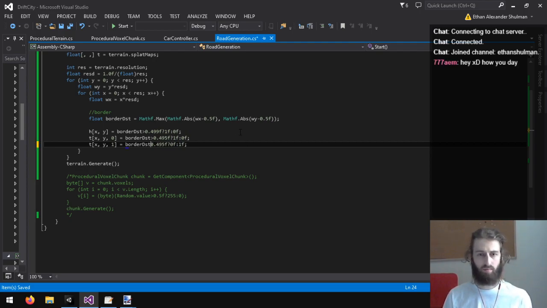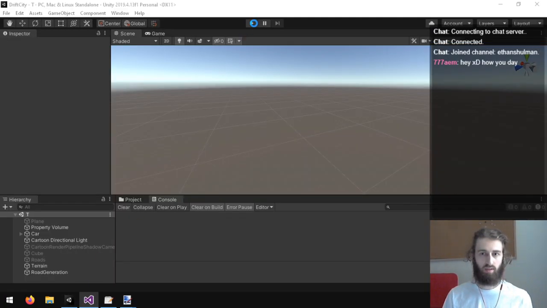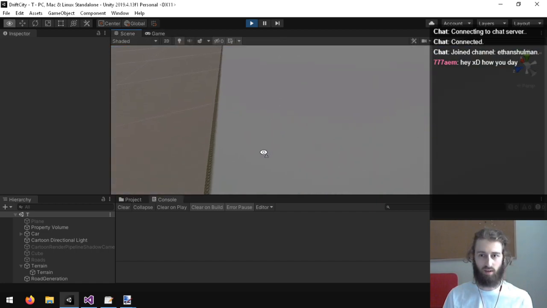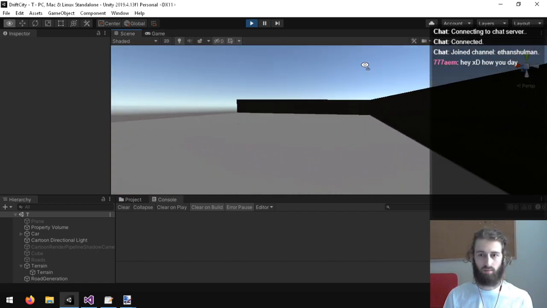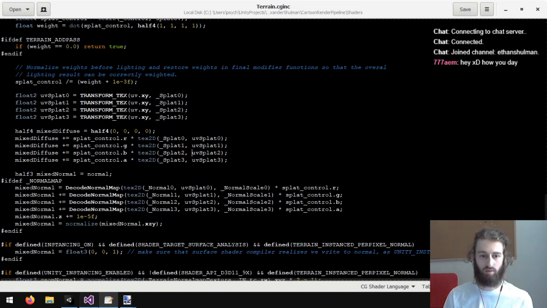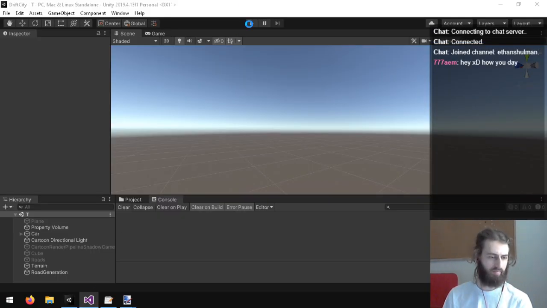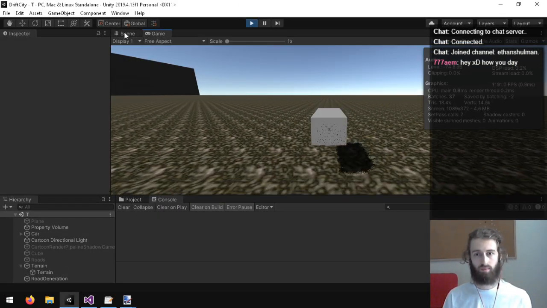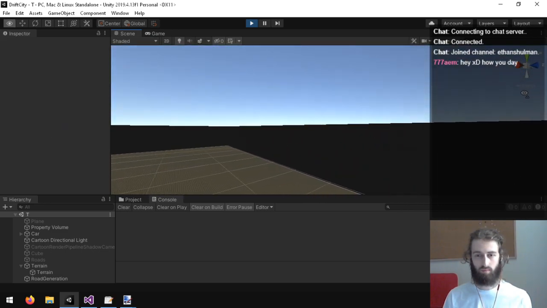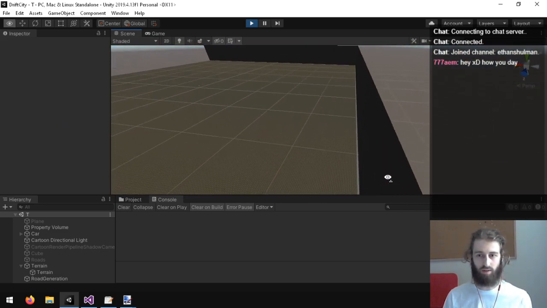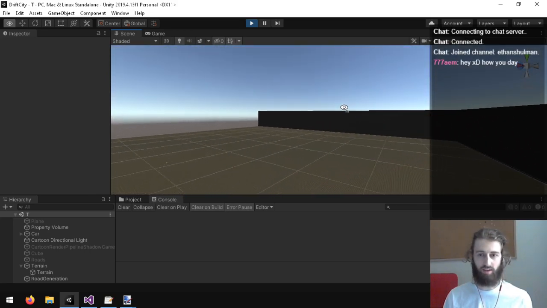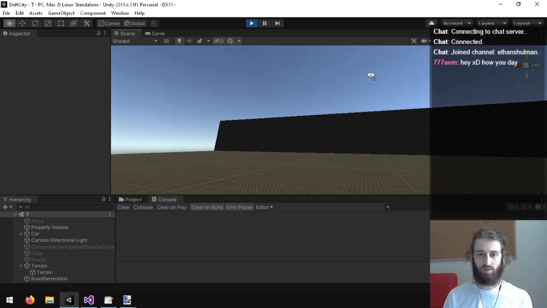Hello AEM, doing alright. I think I'm at the stage where I'm actually making decent progress with this again. Alright, so that is flipped around. I'm adding terrain now as the base ground to this driving game. And right now I'm just sort of generating like a box type thing, or like ground with walls.